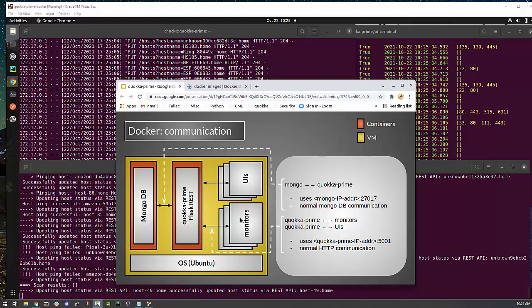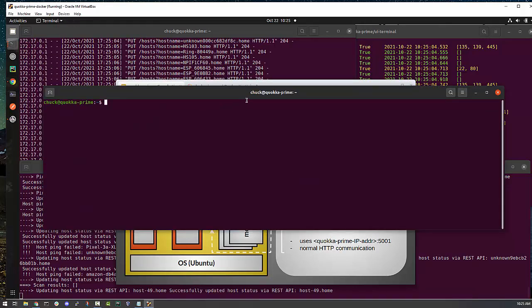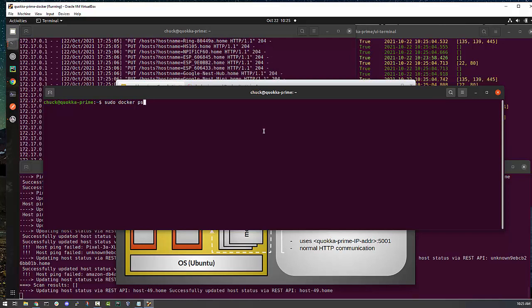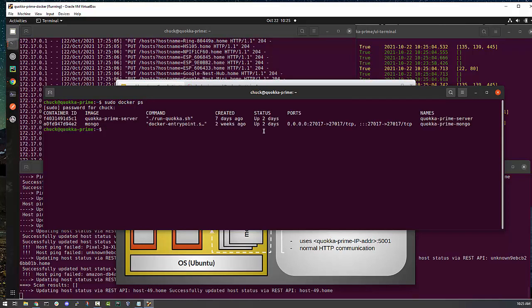So that is what we're going to be doing. Now, I have that up and running actually right now. I can show that to you by doing a sudo docker ps. That's ps just like a command in Ubuntu to show the processes that are running, except this is going to show the Docker processes that are running. And you can see I have two